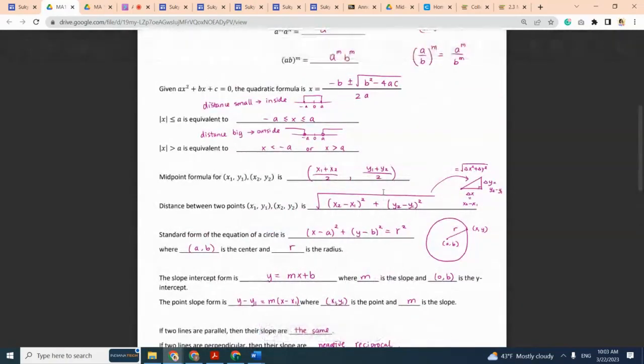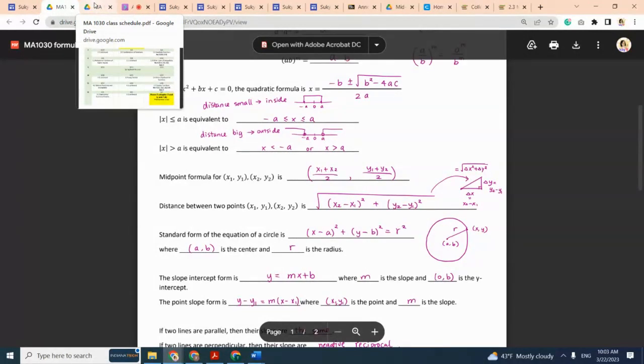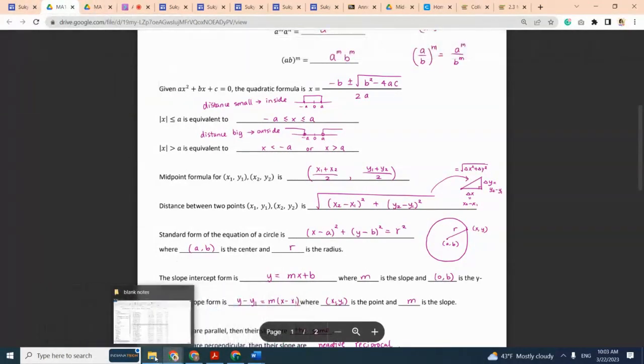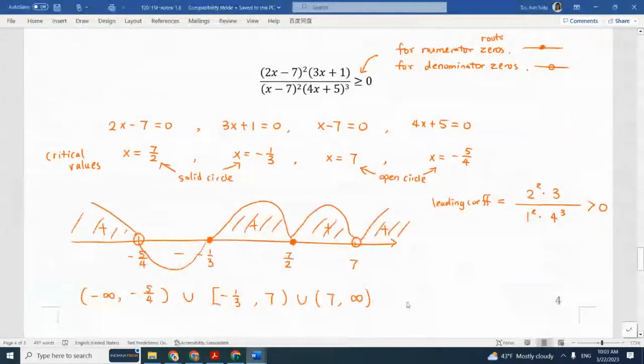Okay? So every exam, I will write down the formula sheet. Make sure you understand those and memorize all those formulas. Okay, everybody? And yes, every exam you will have one more. So Friday, I will check on you to make sure you fill it out. All right. So last time we talked about